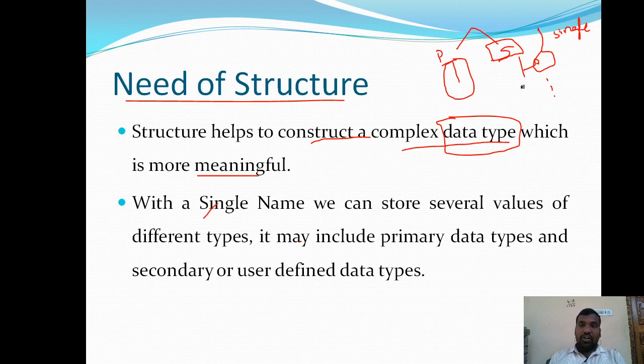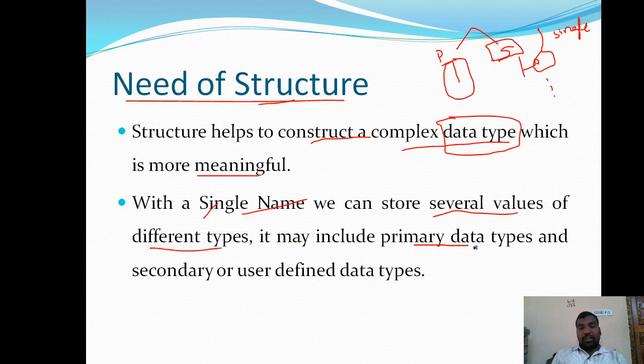But if we want to store complex data types, it includes normal primitive data types and some user-defined data types. The combination of both can be done with the help of structures. With a single name we can store several values, and these several values include different types.